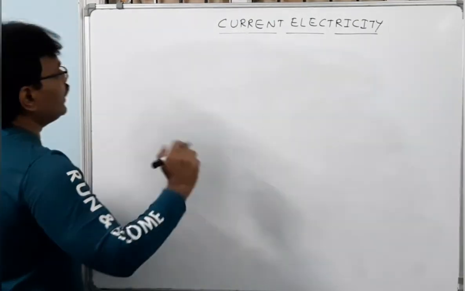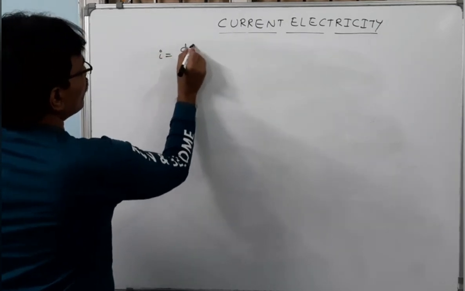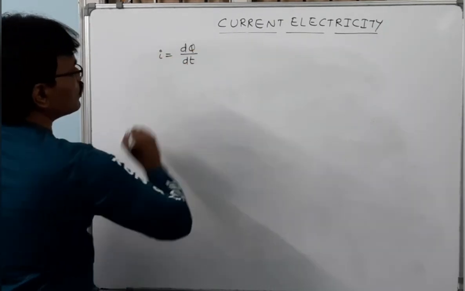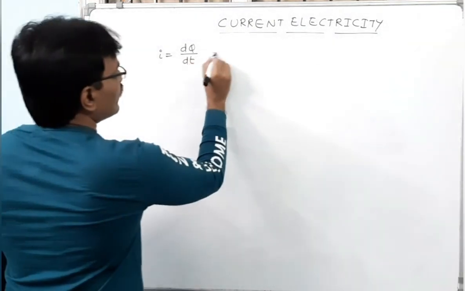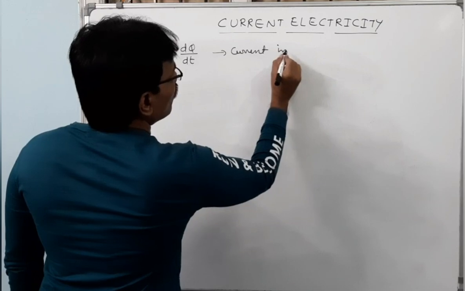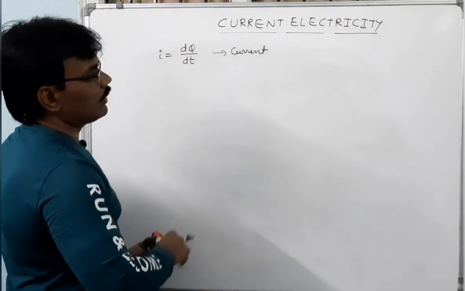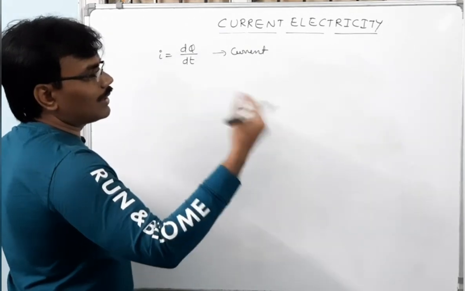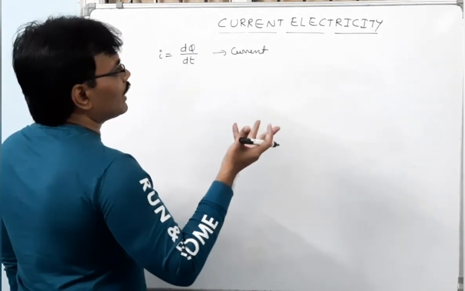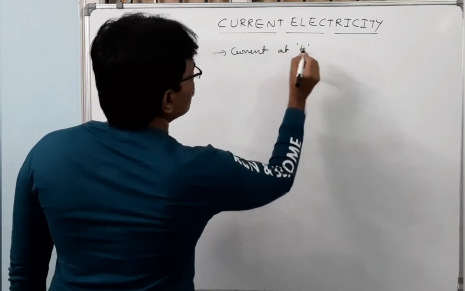See here, instantaneous current. Okay, so instantaneous current I is equal to rate of flow of charge, right? That's what we have defined. It means this is current flowing through a cross section at a particular point of time t. It means charge is continuously flowing with respect to time. So after 3 seconds of charge flow, what will be the current through that particular cross section? That can be calculated by this formula.